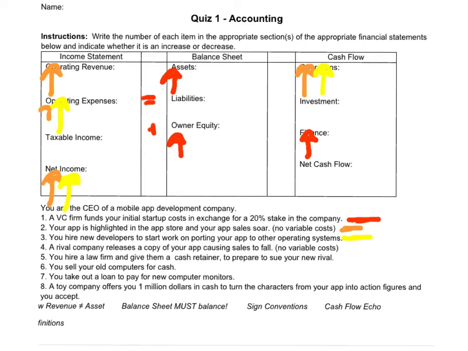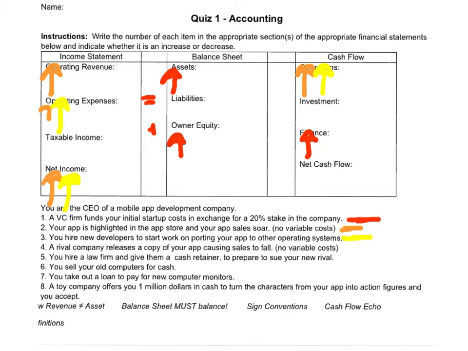There's kind of a more complex answer to this one too, where you suddenly are developing an asset that you're going to eventually amortize because you're busy porting this app. So some of you may go ahead and do something over in assets as another possibility, as well as an increase in owner equity. And you know, again, that one's highly unlikely. I'm more likely to see this one, so you should be okay with that too.